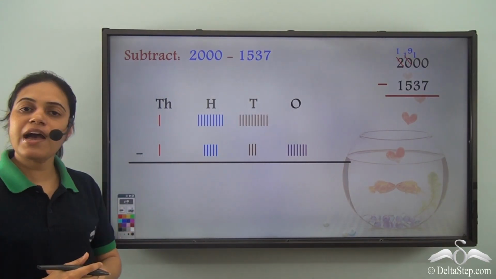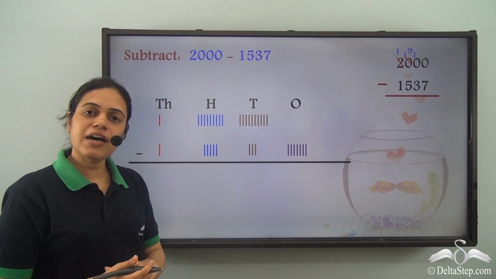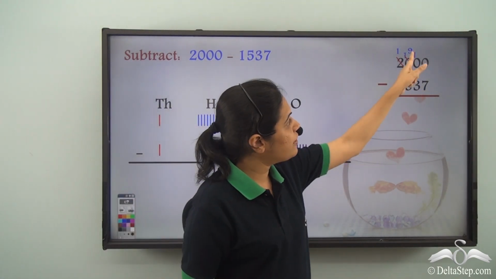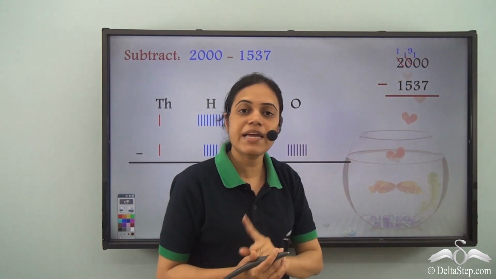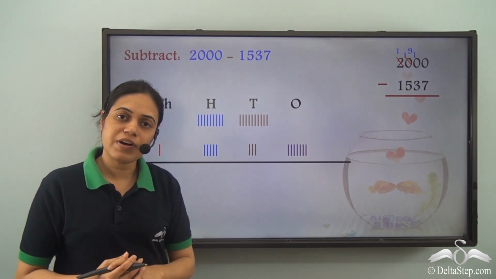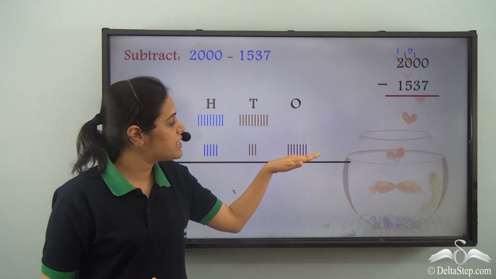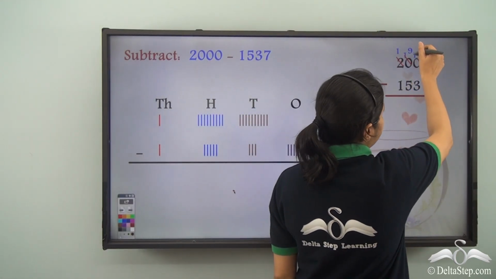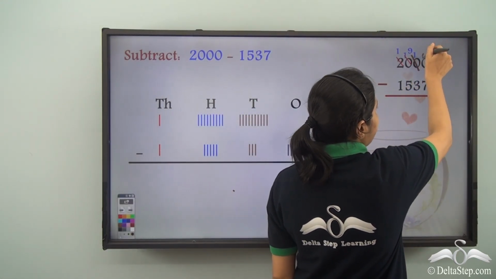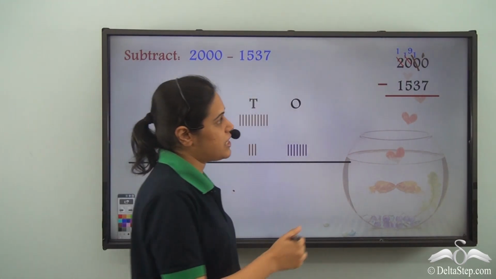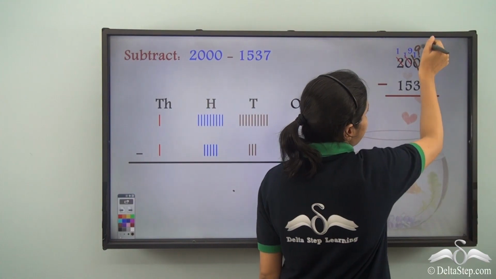So this is what we have: 9 in the hundreds place, 10 in the tens place. This is what we have here: 9 in the hundreds place, 10 in the tens place. Now I need to do a similar thing for the ones place, because the ones place has nothing and I need to subtract. So this 10 will give 1 to the ones place. The ones place becomes 10 and the tens place will become 9.